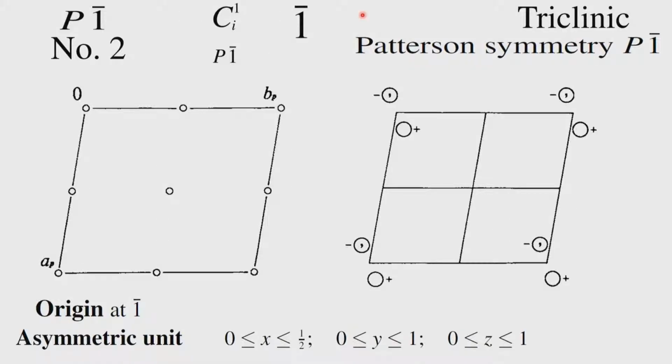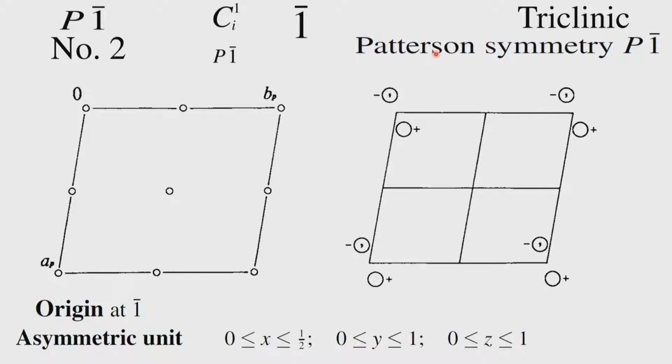So, having got an idea of the systematic absences, it is now necessary to read it out of the International Tables for Crystallography. As we have already discussed the equivalent point diagrams and the symmetry diagrams, we do not have to go into the detail of that again. What I will do is show you some of these space groups and see how the systematic absences appear, and we will see how to associate systematic absences with respect to general and special positions.